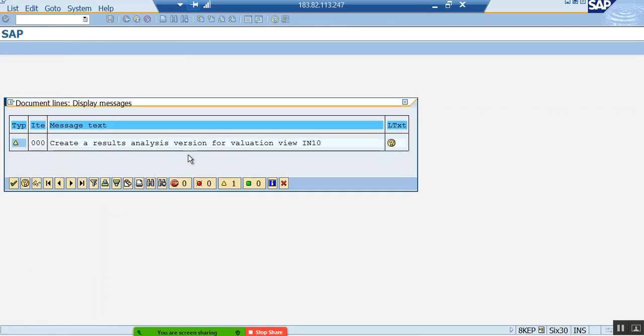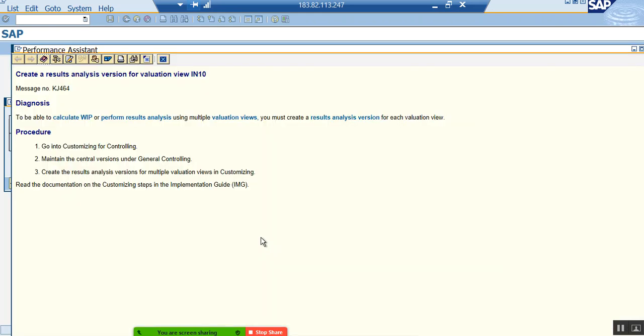Create a results analysis version for valuation view IN10. This is a warning message. It's not an error. It's not stopping us because we selected WIP and RE also in the version. To be able to calculate your WIP, what is this WIP and results analysis, we can discuss as part of product costing. For that, the system is expecting a results analysis version also for each valuation view, like legal, group and profit center. So in general controlling,